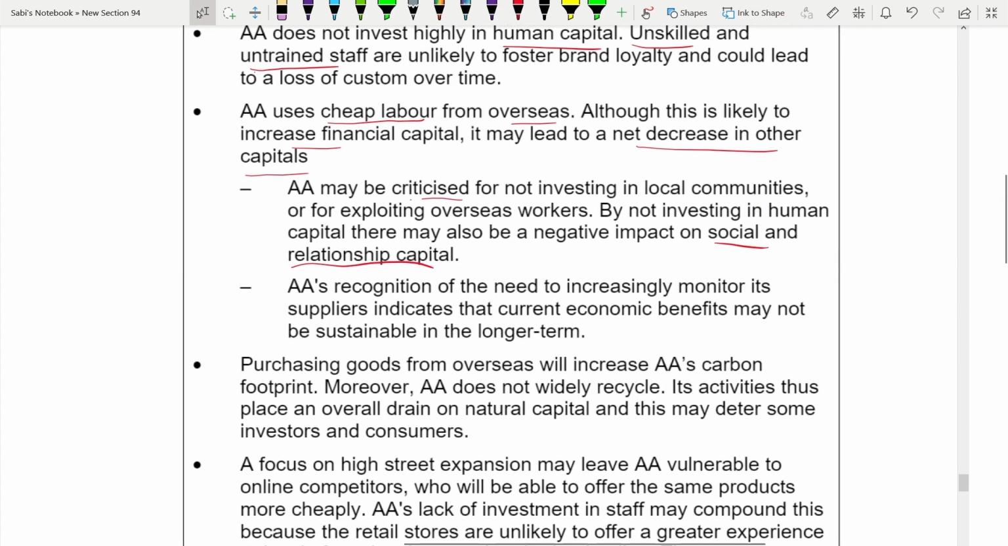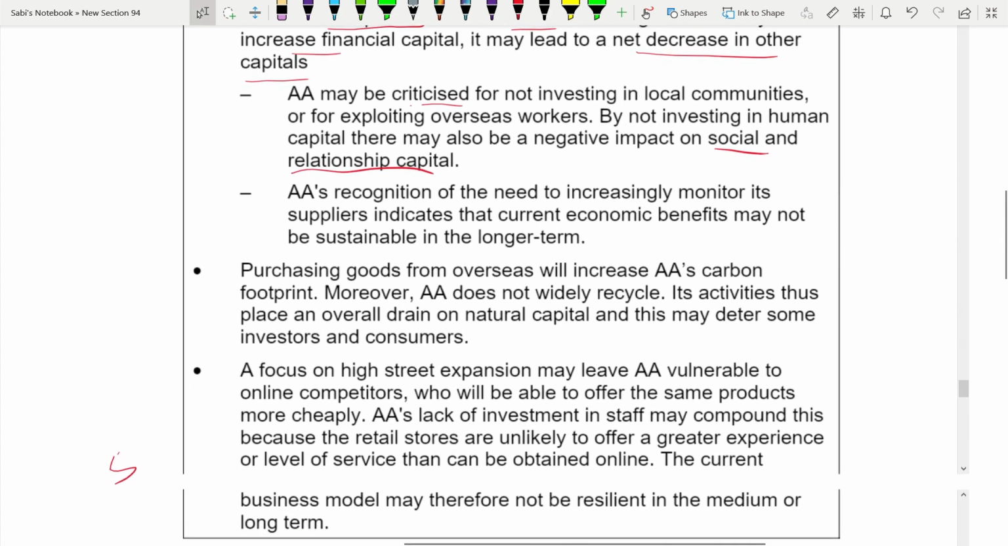Next thing is the AA's recognition of the need to increasingly monitor suppliers indicates the current economic benefits may not be sustainable in the longer term. Okay, if you have to keep on monitoring your supplier all the time, you are unlikely to be a sustainable business in the long term. You should have that trust with your supplier that they will give you quality, that you're not exploiting them. So now, next drawback,